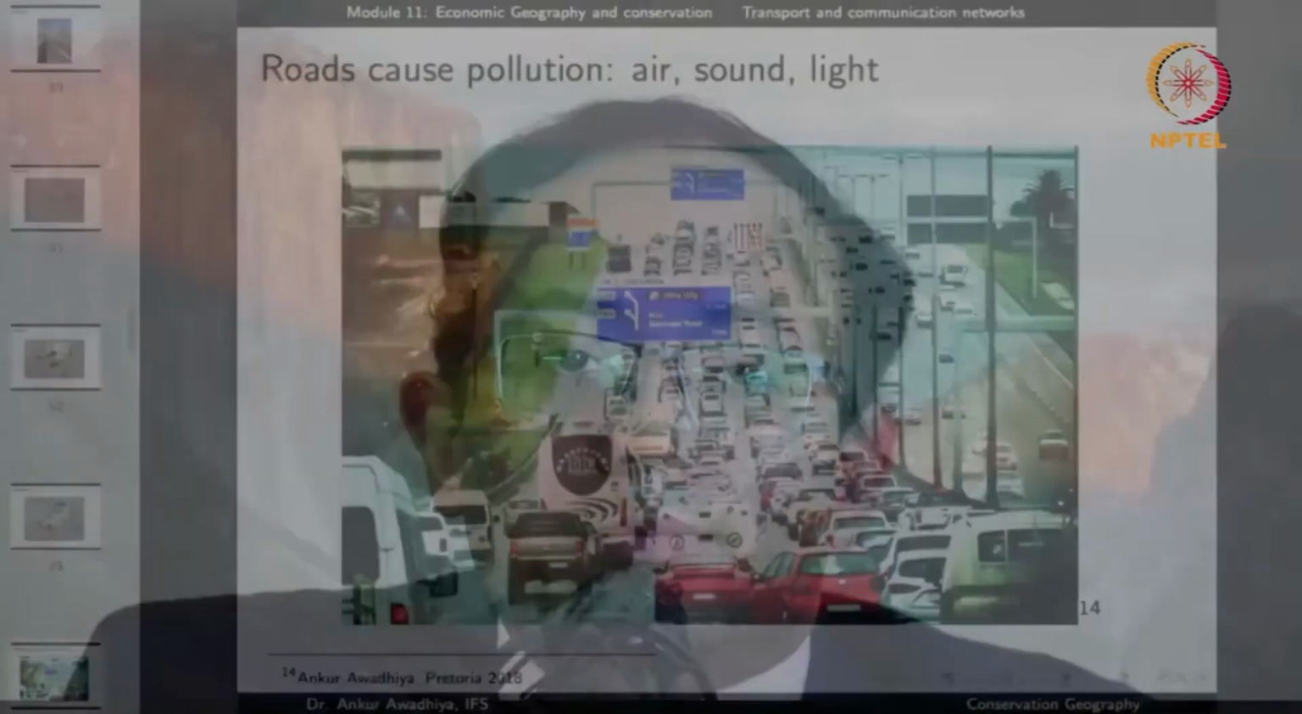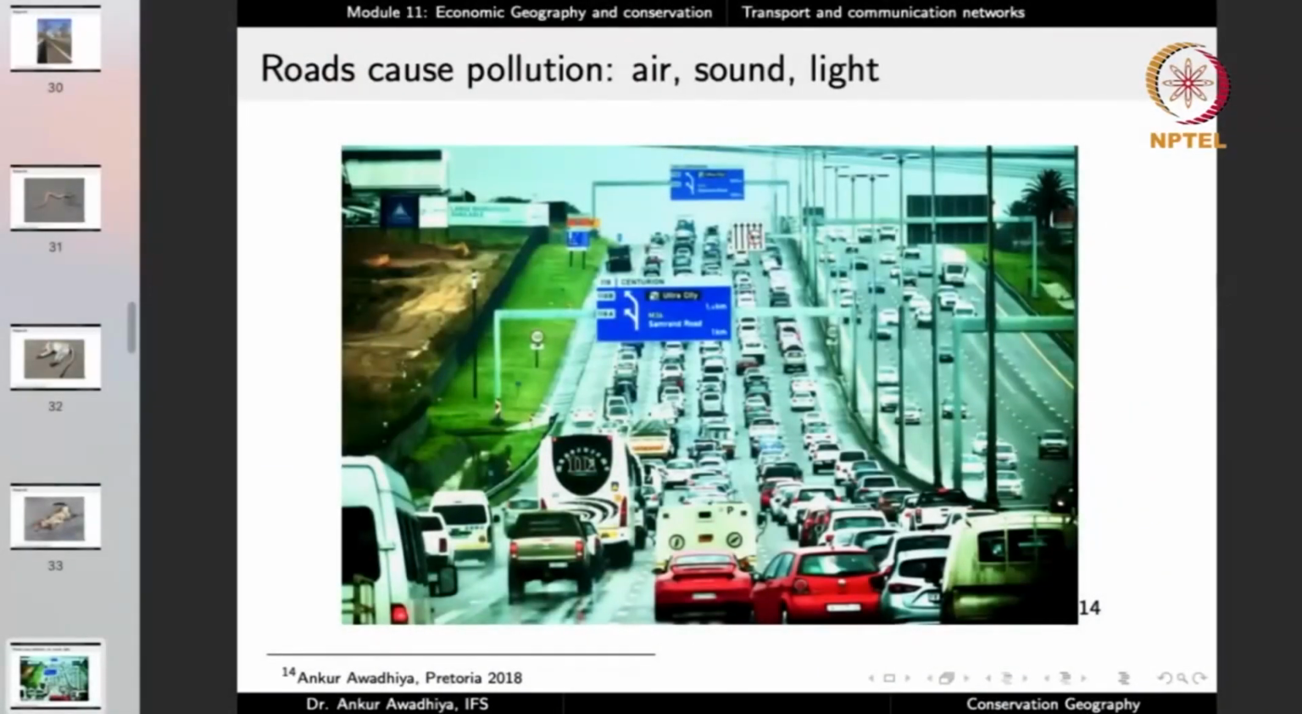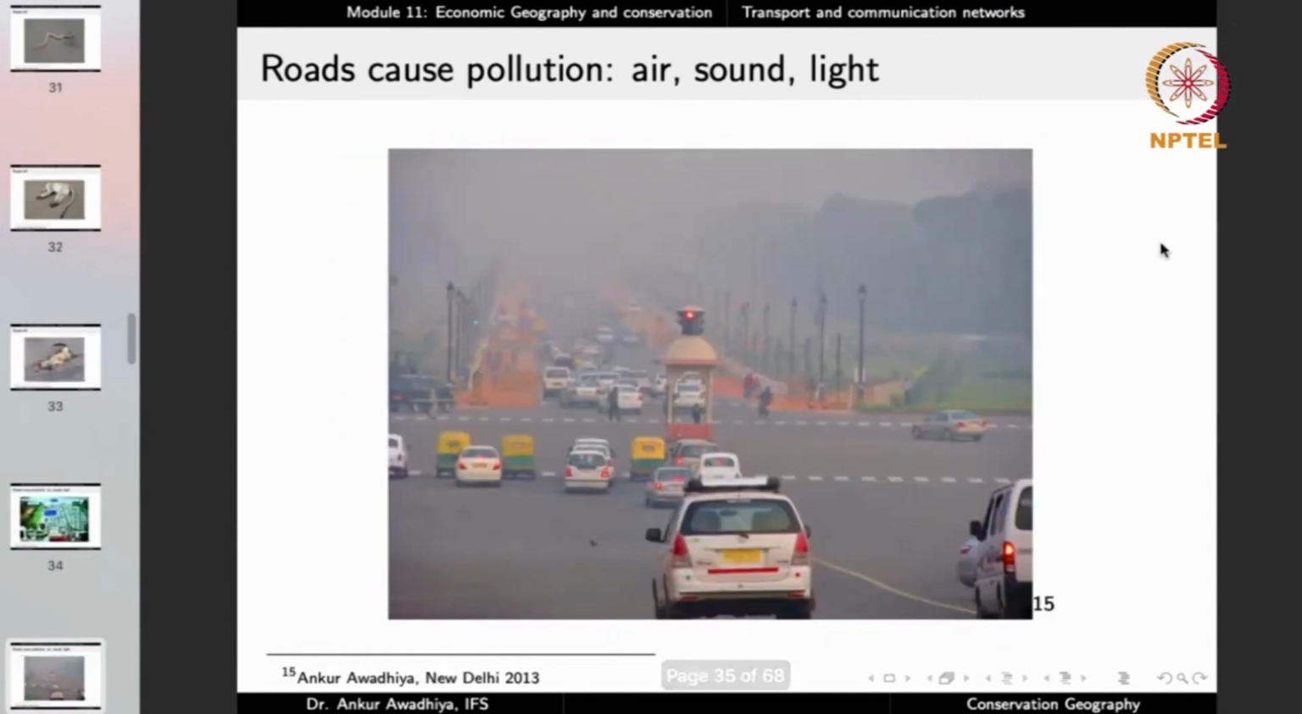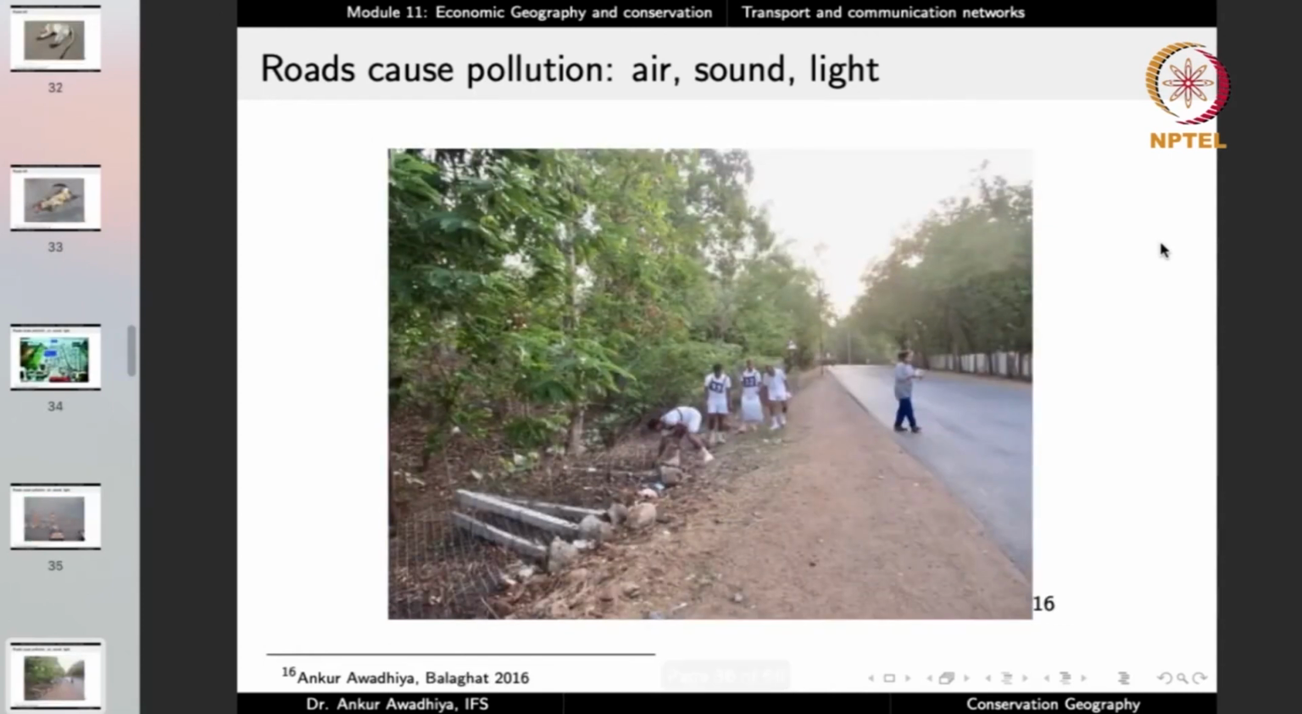So light pollution is also becoming very important in the case of these linear infrastructures through wildlife areas. Not only do they kill the animals directly, but they also disturb and harm the animals through the pollution that they cause. Air pollution, sound pollution, light pollution. And we find that there is pollution everywhere, but it becomes especially important when we talk about the loss